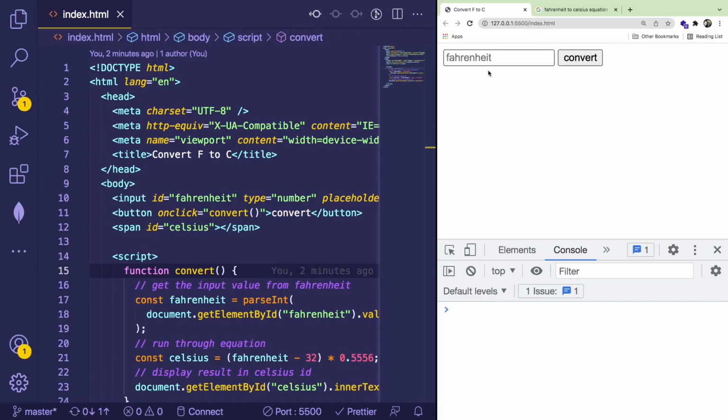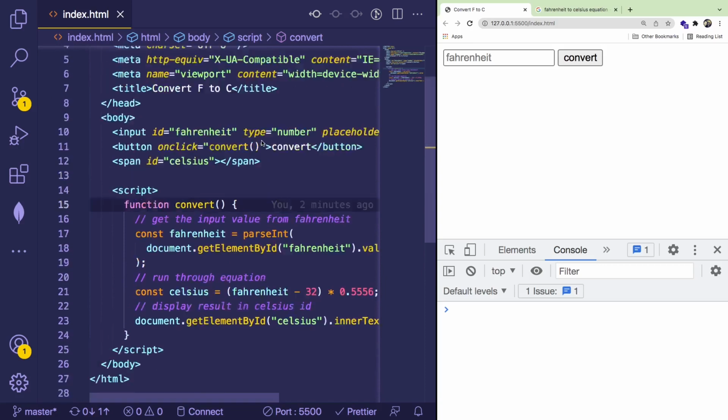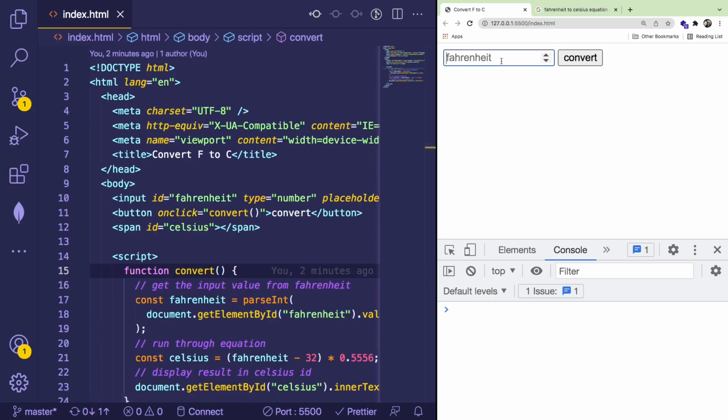All right, so I have another video that's beginner friendly for you all. I'm going to show you how to make a Fahrenheit to Celsius converter using HTML, CSS, and JavaScript. More specifically, this is mainly focused on JavaScript and HTML. There's not really much styling going on, but if you don't know how to do this yourself, I highly recommend